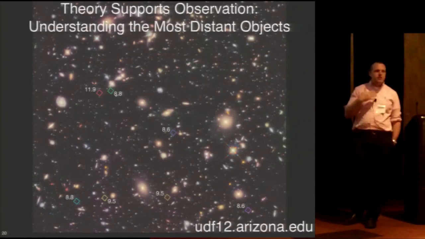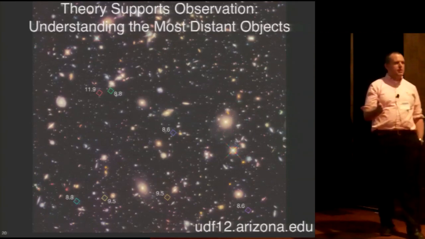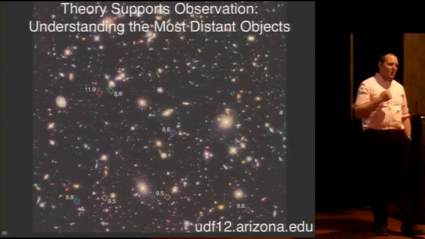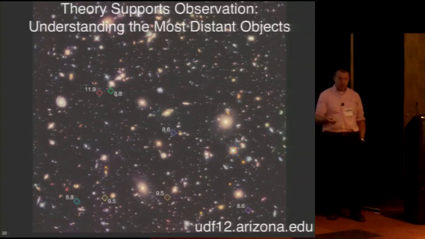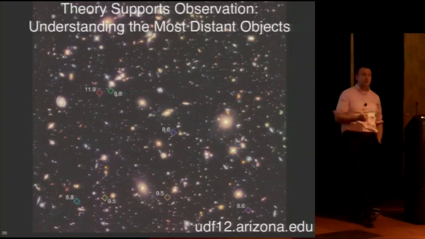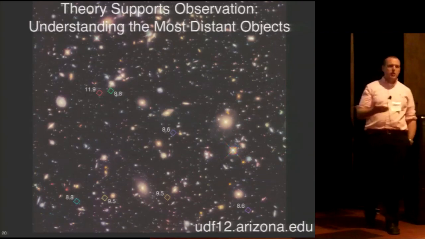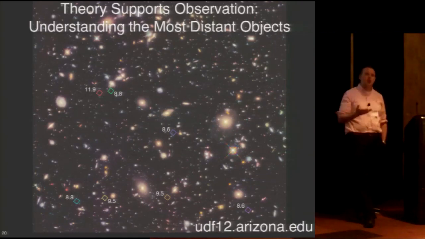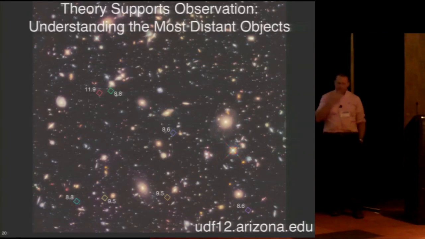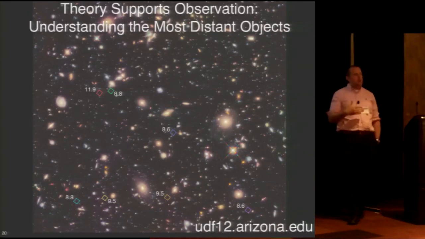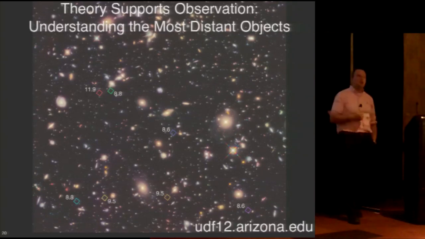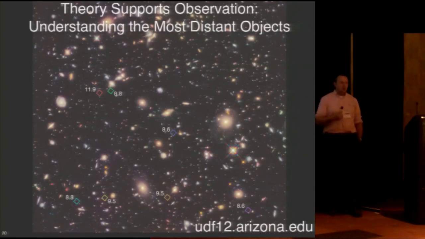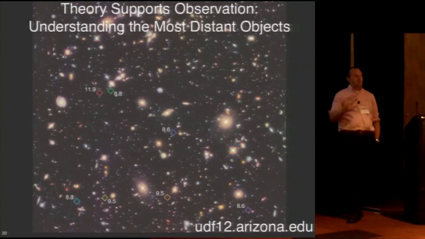One of the most important themes in astronomy is that theory supports observation. So, you know, a large amount of money in astronomy is spent building astronomical facilities, either ground-based facilities like we have here at the University of Arizona. The University of Arizona builds the largest mirrors in the world for the largest telescopes on the planet, but we also build a large amount of space-based instrumentation for things like the James Webb Space Telescope. We built a camera for HST, and so a lot of money is being spent in that instrumentation.